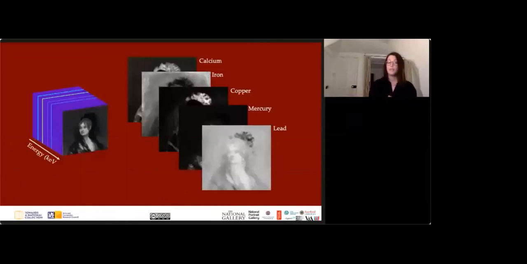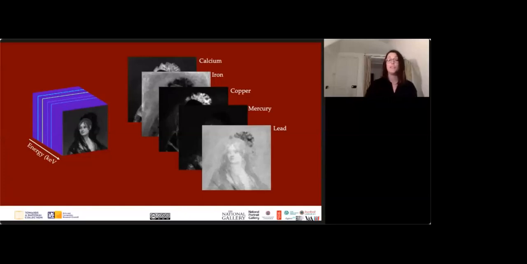Now, if you're anything like me, you've never encountered data cubes before you come and work for the National Gallery, and you can see that they pose additional challenges. Take, for instance, the Mercury image there. It's almost entirely black. Because of that, it's very hard to find those control points or points of commonality between image 1 and image 2, so creating a mosaic of something like the Mercury map is much more difficult using